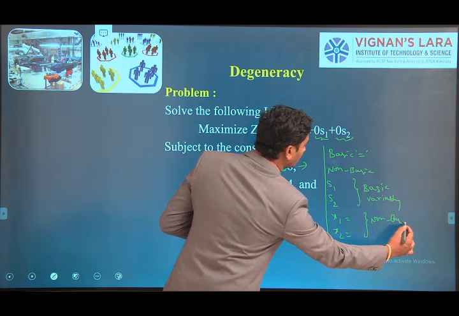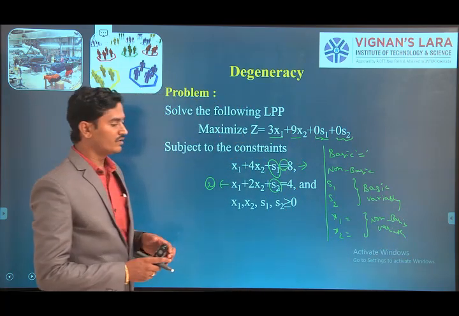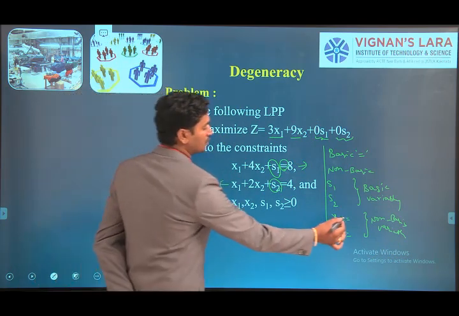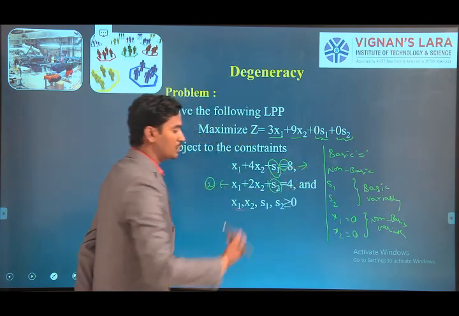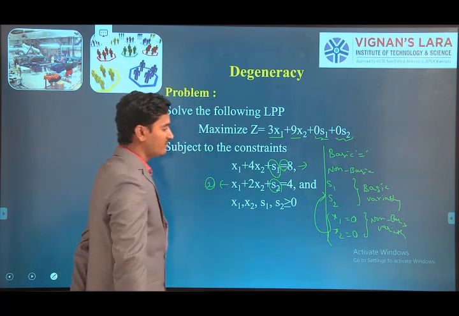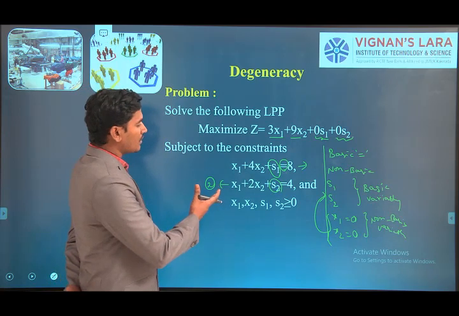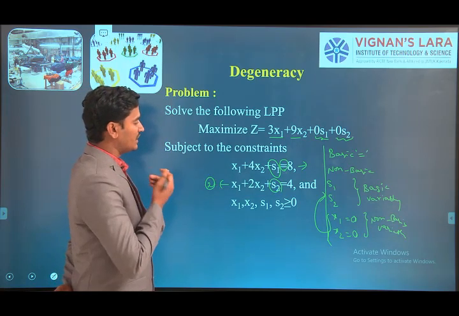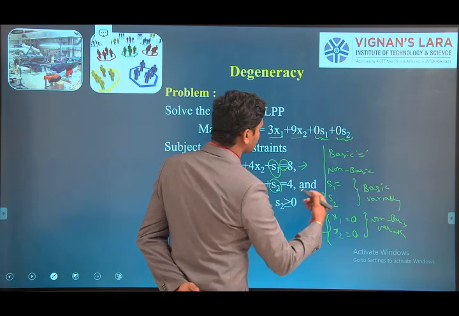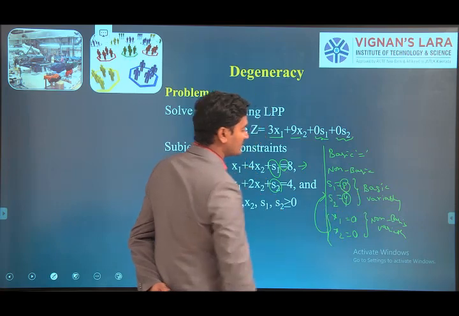And we have another rule. In the simplex method, non-basic variable values are equal to 0. So we take X1 equal to 0 and X2 equal to 0. Then from this we have to find the basic variables, S1 and S2. Now we find the initial basic feasible solution by applying the non-basic variable values into the linear equations. Here we have two linear equations, and from them we get the solution values 8 and 4. This is called the initial basic feasible solution.